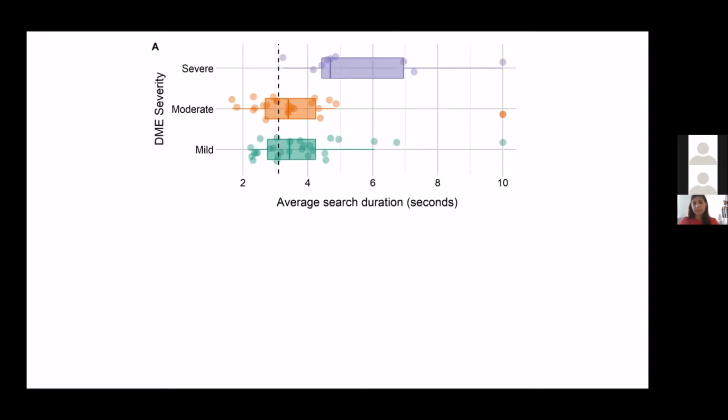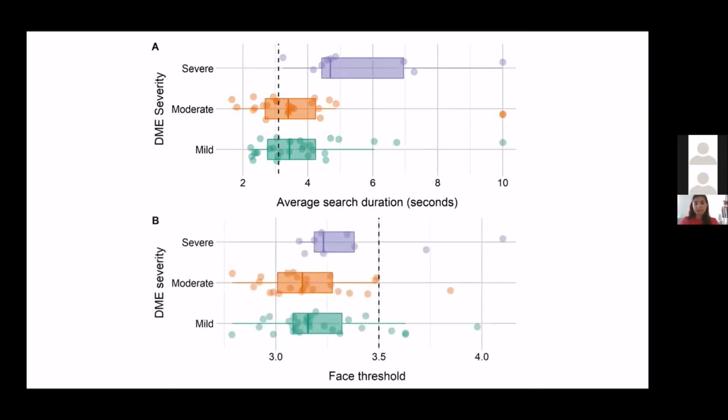If we move on to face discrimination now, it's quite a different story. There was no significant difference in performance across severity groups, and very few participants fell outside of that 99% normative limit that was set in the validation study. And I will speculate a bit about why we think this might be the case later on. Before doing that though,